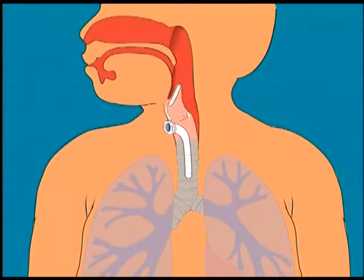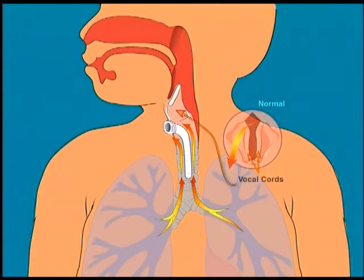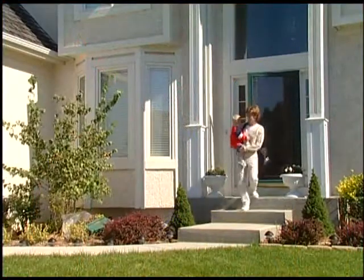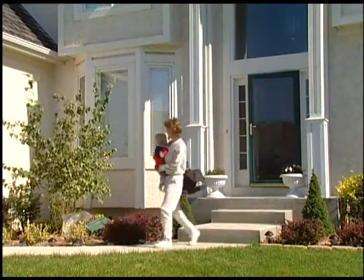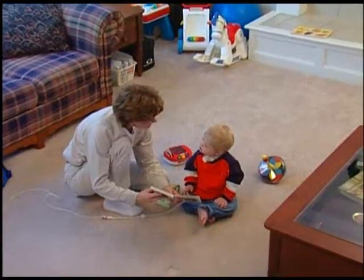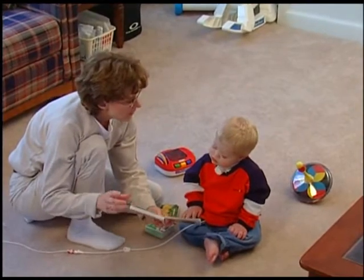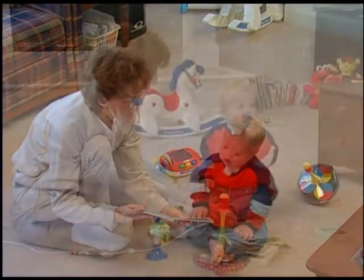Next, we will discuss communicating with your child who has a tracheostomy. In order to make sounds, air must be able to pass through the voice box or vocal cords. After having a tracheostomy, most children are unable to pass air through their vocal cords in order to speak or make noises. However, the majority of children will be able to talk with some modifications. Before going home, speak to your healthcare team about communication strategies for your child. Options that may be available for your child, depending on his age and underlying airway problems, are a one-way speaking valve,